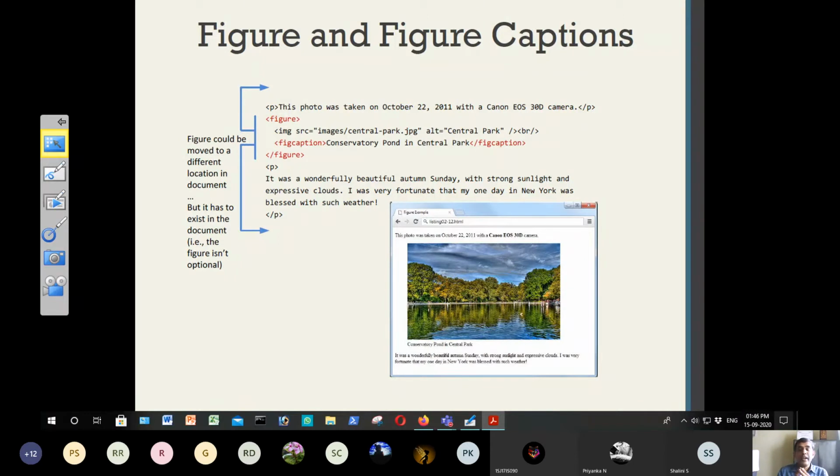For example, I might have a text: see the figure below to understand the flow of the program. I might give a flow chart and say, see the below image, which shows you the flow of the program. Now below it I will give an image. Should I use that image with a figure or a figure caption?